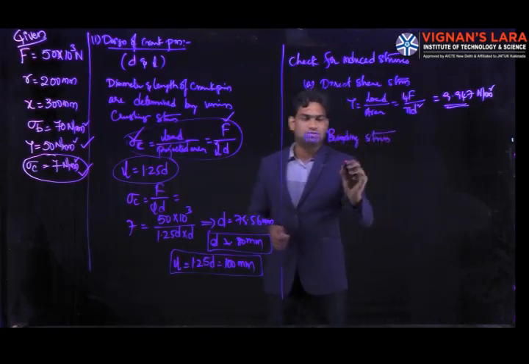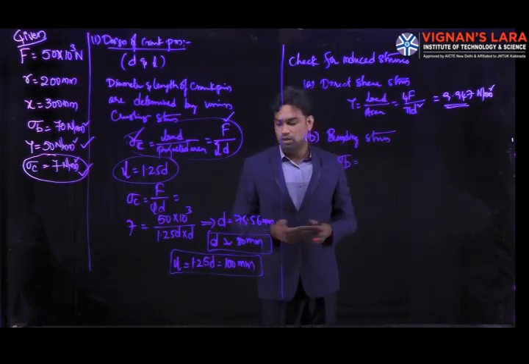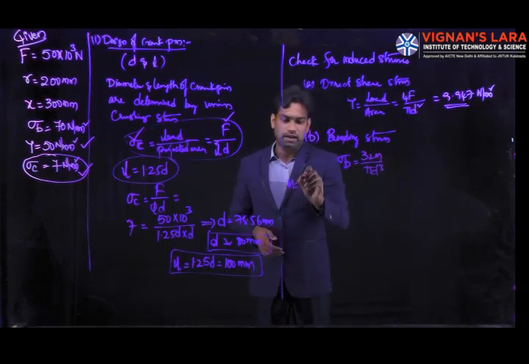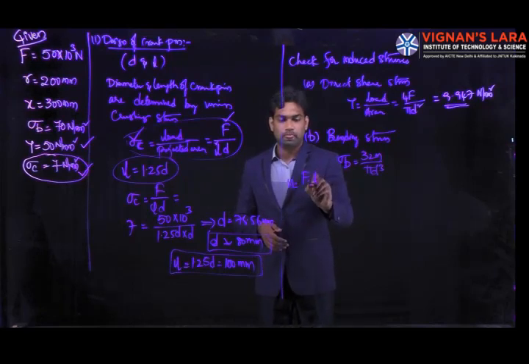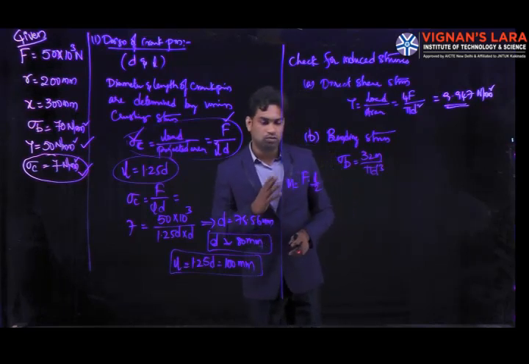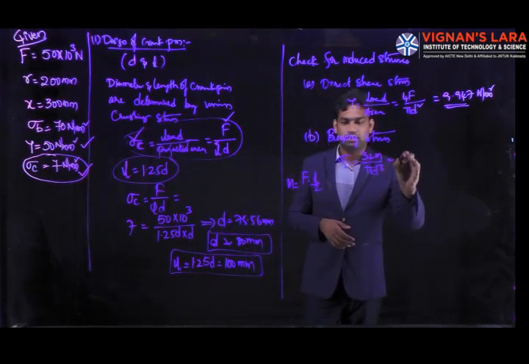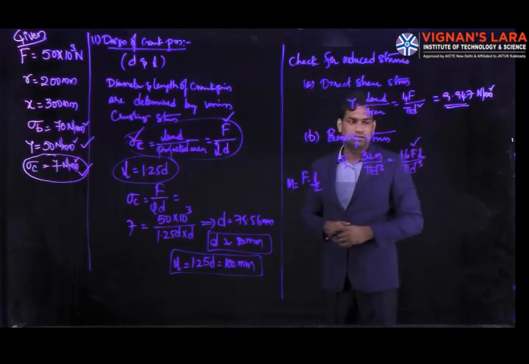So bending stress, we know that the bending stress is M by Z, where Z is, for a circular member, pi by 32 d cube. So we can simply write it as 32 M by pi d cube. But here M is the moment calculated up to the fixed support, so that is F into L by 2. The load is acting at the center of the beam, or that is a pin, so we may get 16 FL by pi d cube. F is again 15 into 10 cube, the length is 100 mm, and the diameter is 80 mm.